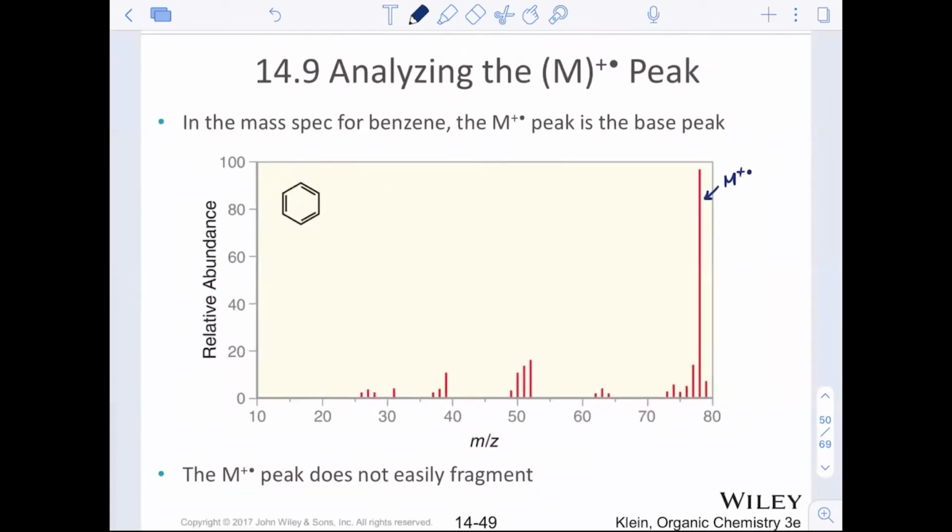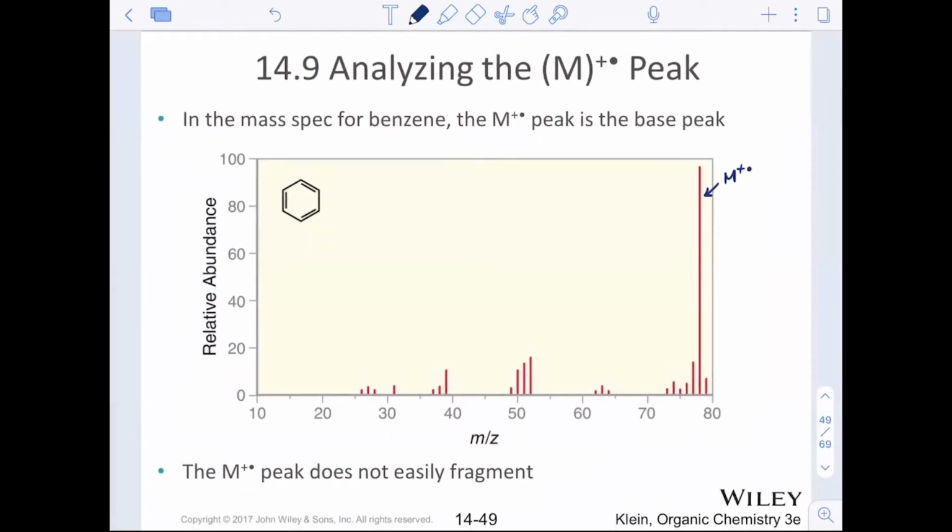It is also, again, the base peak. It's the most prevalent fragment that came to be. This is benzene's mass spec. Benzene does not fragment easily. Again, we see a lot of fragments of one, which is the hydrogens falling off, right? We will talk about what is this peak